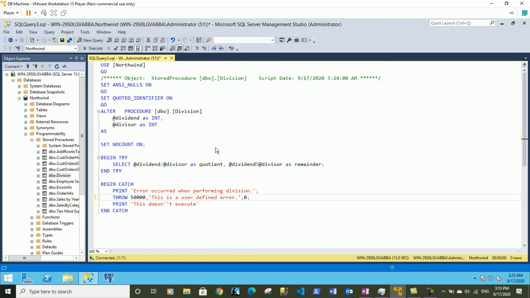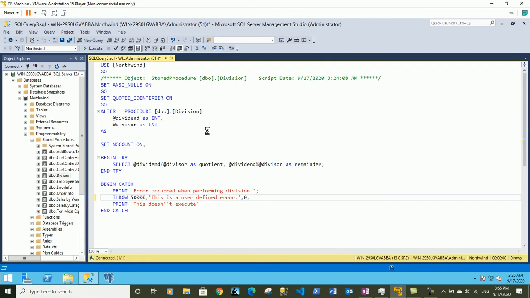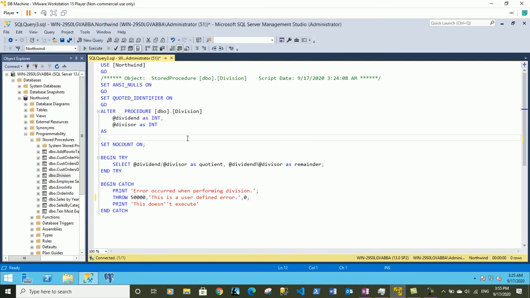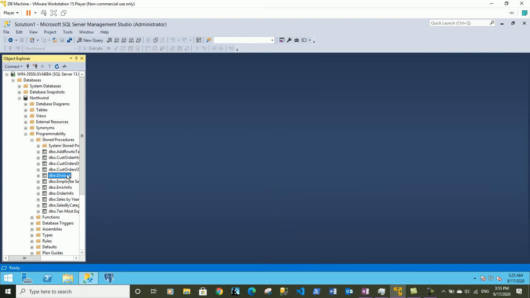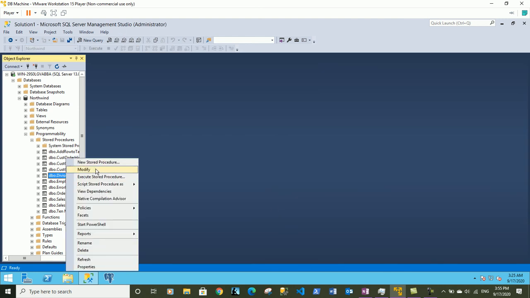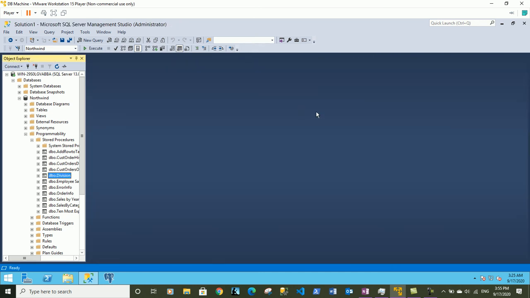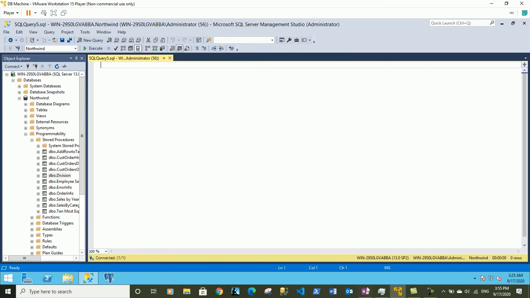Now the stored procedure is modified. Actually, we do not have to save it; we have to execute the stored procedure after we modify the code. So let's execute with F5. So the code inside the stored procedure is now modified. We can check it by again clicking on modify, and we see that the code is actually changed inside the stored procedure. Now we will call the new stored procedure we have just modified